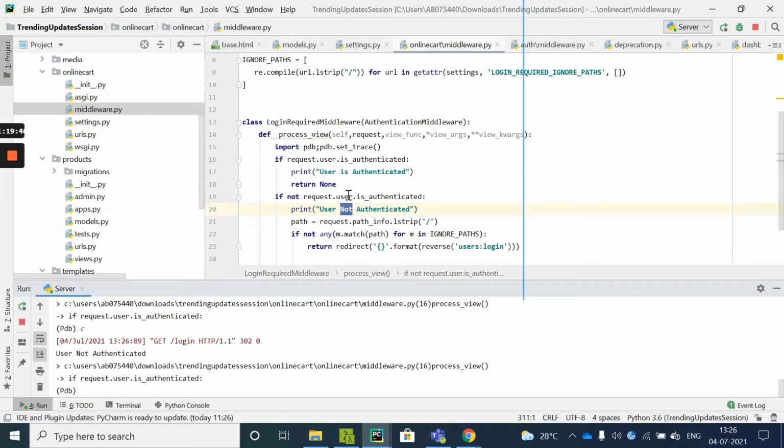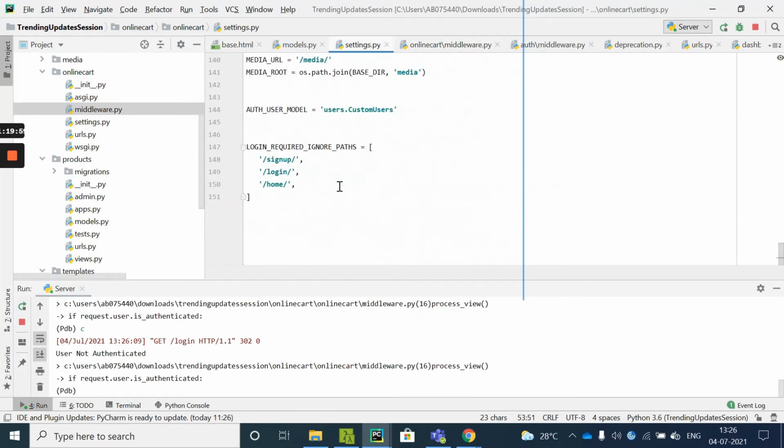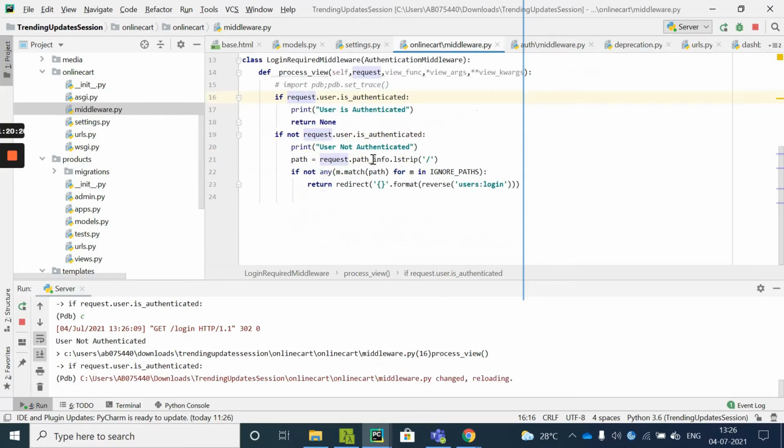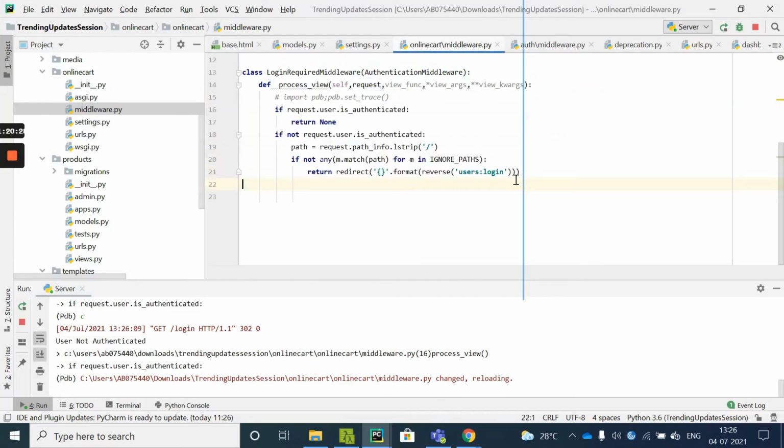Now I want to block the products detail view page. In the settings file, let me check what all things I have added. Yes, products is being added, login and sign up page. Now my signing and login page should be visible, and whenever I say product/8, I'll quickly go ahead and in the middleware I'll simply comment out the debugger so that my process runs smoothly, and inside which I'll add in the proper code. Okay, this is my code for that. I'll restart the server.